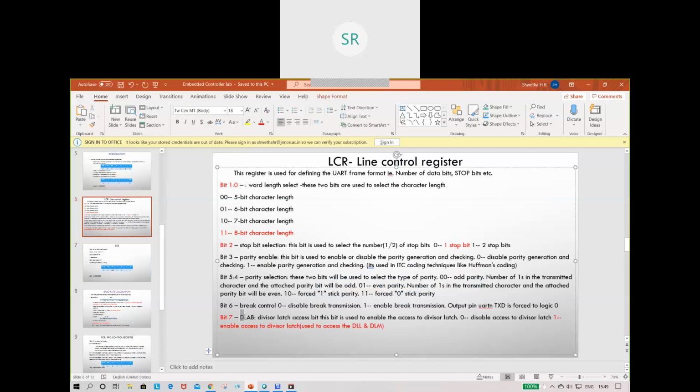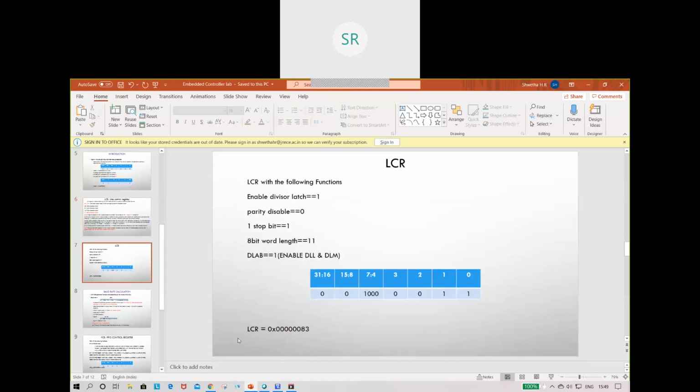It is to activate the DLAB, that is the divisor latch access bit. Using that you can access the data DLL and DLM. Once the DLL and DLM data is fixed, that should not be altered throughout the program. In order to lock whatever value is fixed in these registers, you're going to disable bit 7 in LCR.